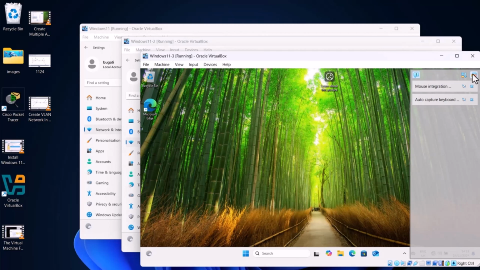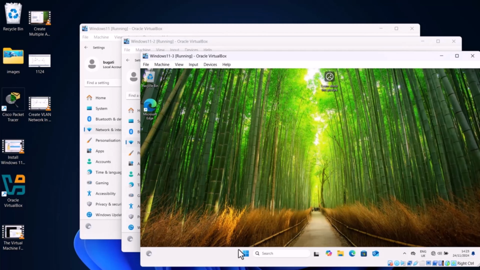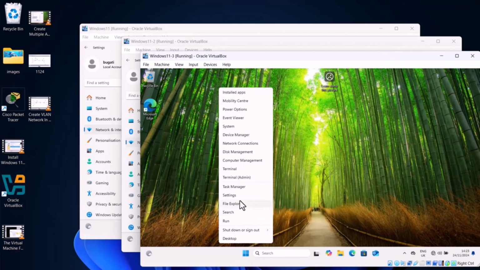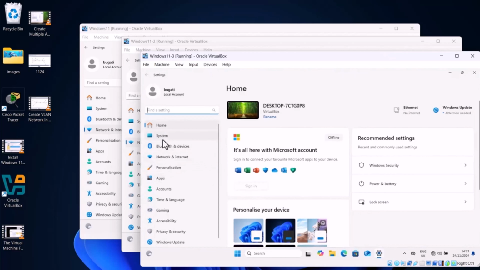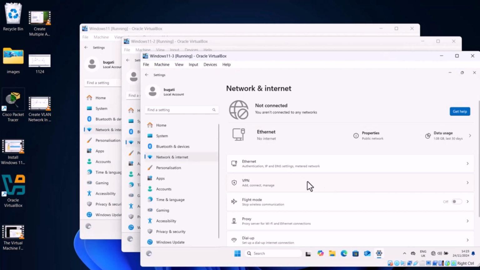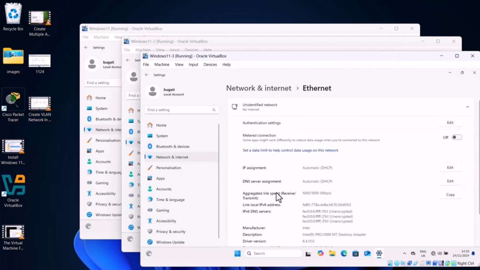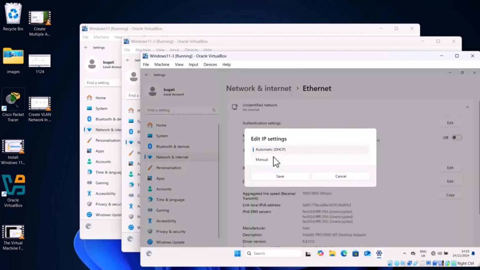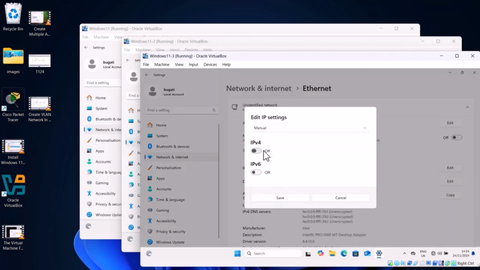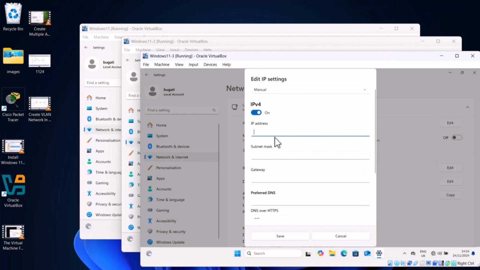Let's close this sidebar, and here we also do exactly the same. Let's right click on start icon, settings, we go into network and internet, we click into Ethernet, we select here IP assignment, we click on edit, here we select in drop down manual, we enable IPv4 assignment, and we type in 192.168.1.12, and in subnet mask the same, 255.255.255.0, and click